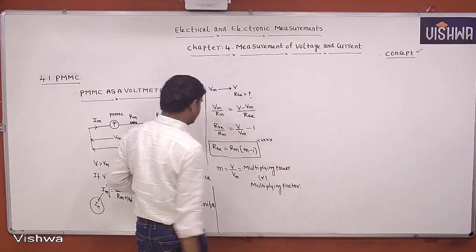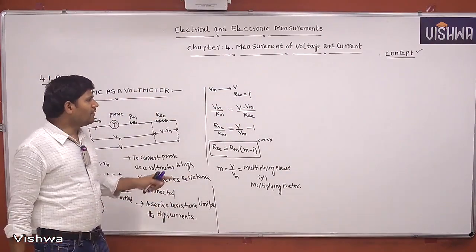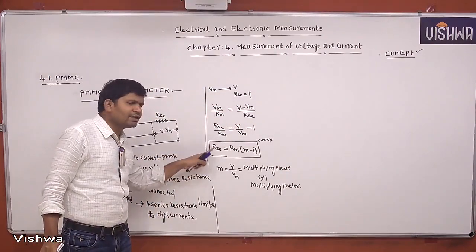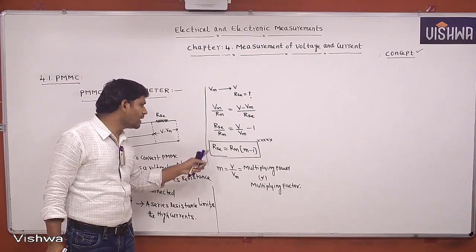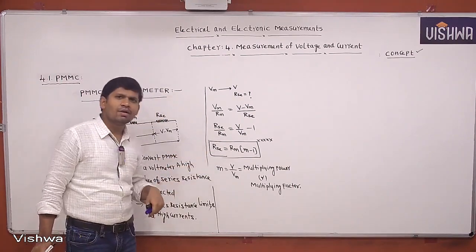Multiplying factor. This is the value of series resistance to extend the range from Vm to V. That is, Rsc equal to Rm into (M minus 1). For example,